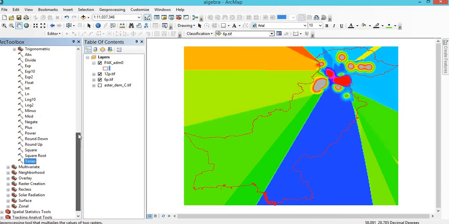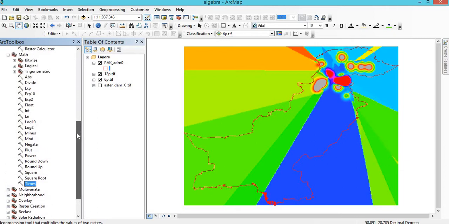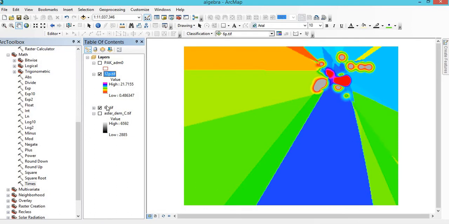I hope you have applied all of these operations in different mathematical equations, but here we will apply the equation with respect to space, with respect to geographic distance. For example, here we have two raster data sets. One raster data set is 12p and another one is 6p. 12p is from 0 to 21. This is rainfall data, 0 to 21 millimeter, and 6p is from 0 to 8 millimeter.